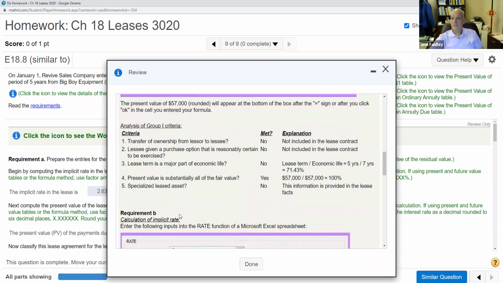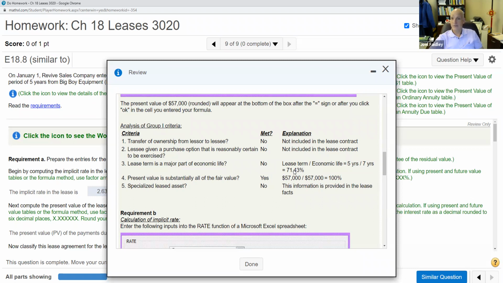So what does that tell us? Well, there's no transfer of ownership that was mentioned up there. There's no bargain purchase. Bargain purchase is like $1 at the end of the term, which is very similar to question 1. Is the lease term a major part of economic life? 71%, so the answer is no. But they're not saying it's 75%, which is what it used to be. They're just saying in general,